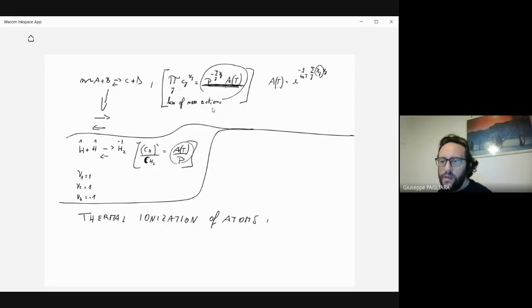And this is a rather interesting application of the law of mass action that, I remind you, was derived starting from the goal of finding the chemical potential in the microcanonical ensemble. So you can regard this example as a sort of application of the microcanonical ensemble, since, I guess for the first time, you see the expression of the chemical potential in statistical physics. Okay. Now, the thermal ionization of atoms is a very important process because